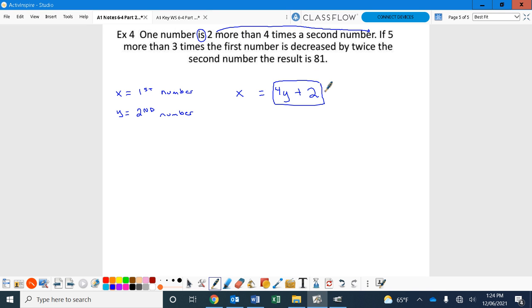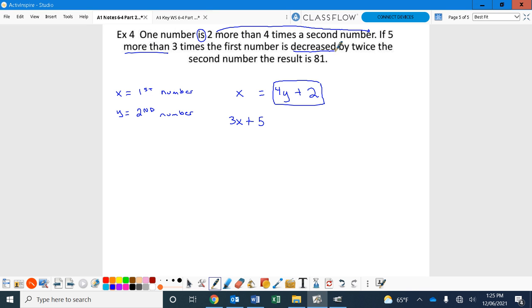The second equation has more to it, guys. You've got to make sure you write it correctly. It says, if 5 more than, guys, that means we're going to be adding 5, but we're going to be adding it after something. So what's it going to be after? That plus 5 is going to be after 3 times the first number. How do we get 3 times the first number? Ooh, guys, look, what's the first number? X. So 3 times the first number is going to be what? 3x. Then the plus 5